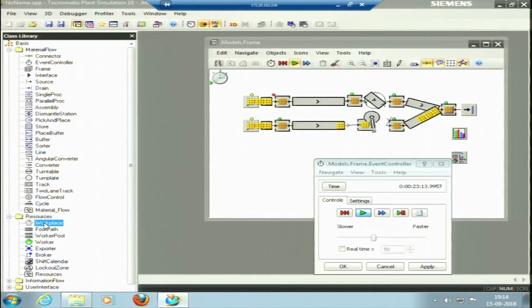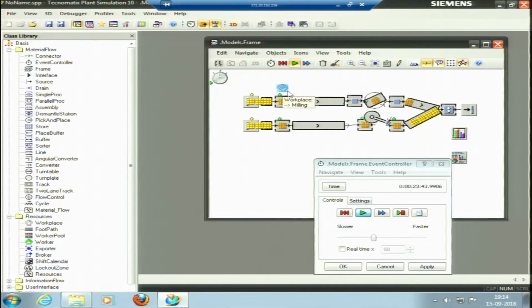Resources, next is the workplace. If we need to work with workers, we need to put the workplace here. For instance, in place of this line, I can use workers to transfer the material from the milling process to the drilling process. Where the worker has to work would be the workplace. If some worker simulation has to be induced, then, where we have just taken the processing time, the machine is automated and takes 1 minute processing time, we just consider it here. If the worker has to work here, and the worker skill, worker capacity, ideal worker time and normal worker time are to be considered, then this workplace is to be put there.